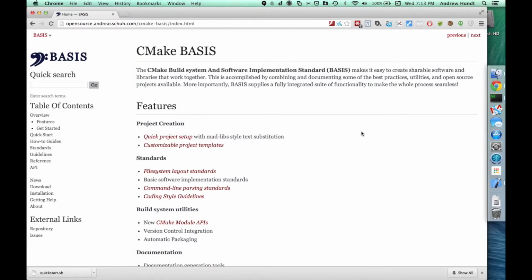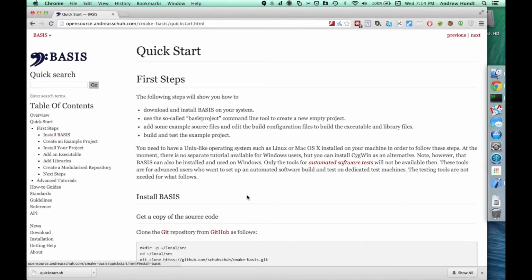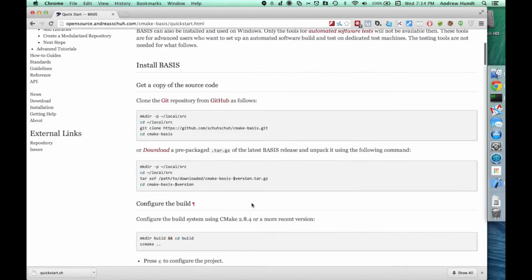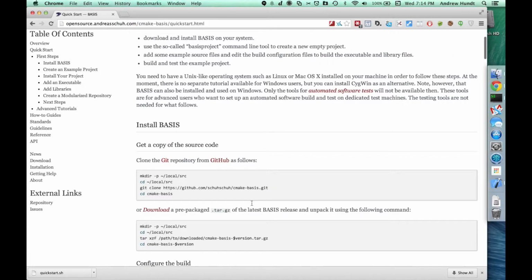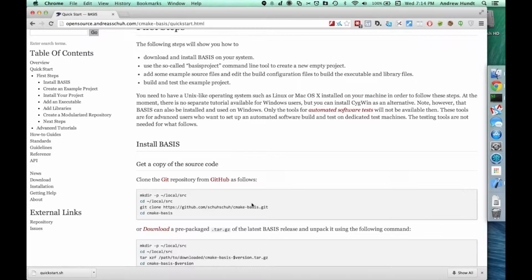I'm going to go over some of the elements of CMake BASIS that are described in the Quick Start Guide. To see the Quick Start Guide, just go to the BASIS main page and click on Quick Start. Now this is the Quick Start Guide, but there's also a shortcut to follow the steps in the Quick Start